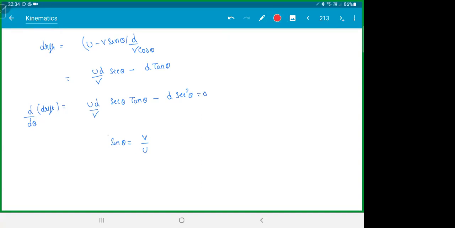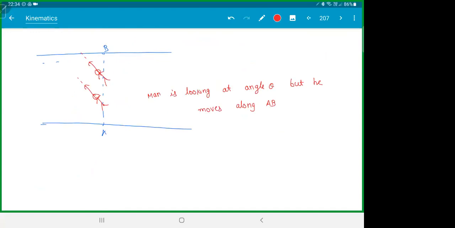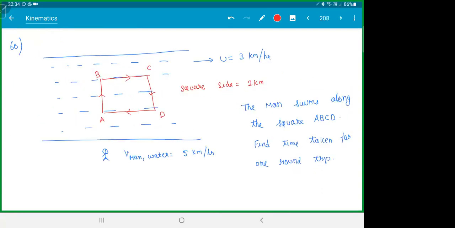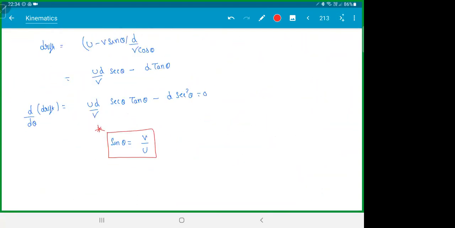Be careful between this and case 2. If you remember, case 2's result was sine theta is u by v. And here v is greater than u. Obviously, sine theta should be less than 1. Here the answer is sine theta is v by u. And the minimum drift will be,